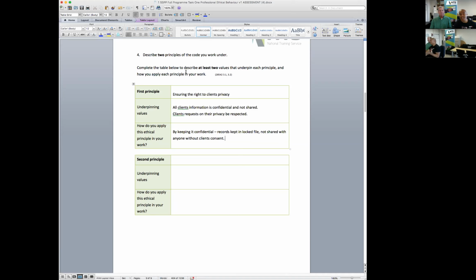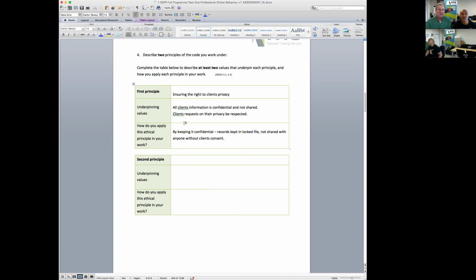Okay, so you're describing two of the principles. The second principle, you can do whatever principle you want, same sort of information. If we look at the answers in those boxes, there's not a lot of information, it's not screeds and screeds. That'll be okay to submit if it looks like that, Grant? Yeah, sure, that would be fine.